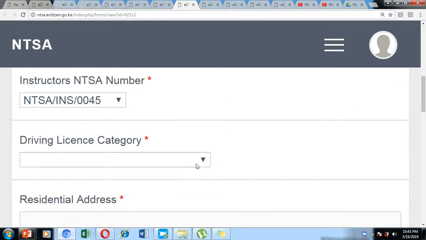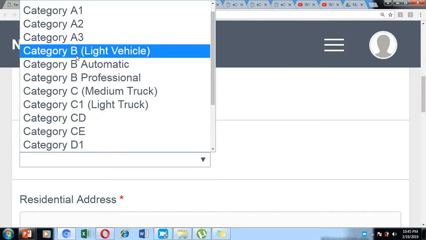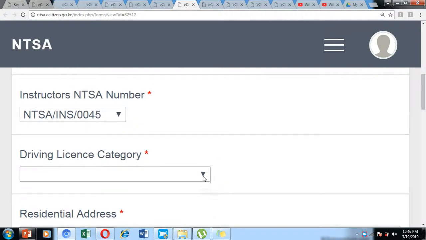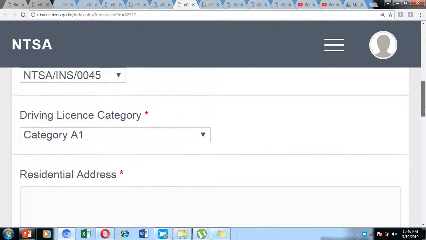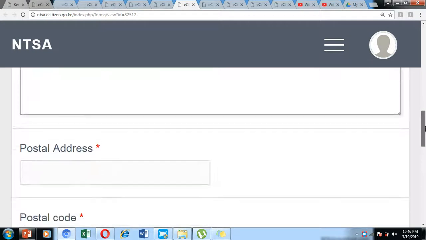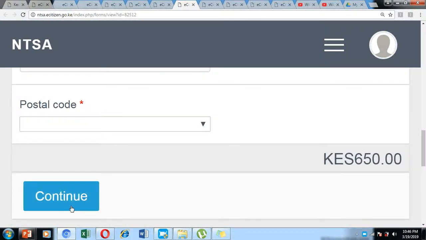Now this is the most important part, because you are registering for a motorcycle. You can only register for category A1, A2, A3 and B light vehicles. So those are the ones which are considered under the motorcycle category. The other details are straightforward. Enter your register, your address, postal code, and by clicking continue, you'll be directed to the online payment invoice payment